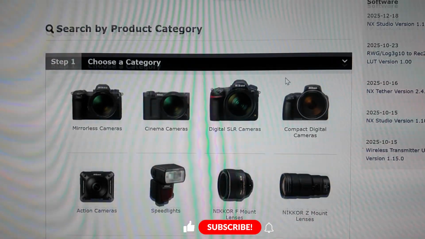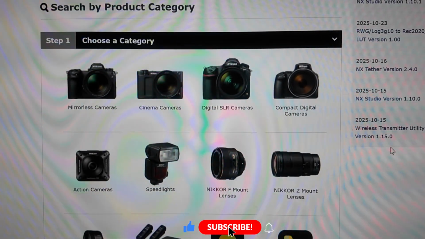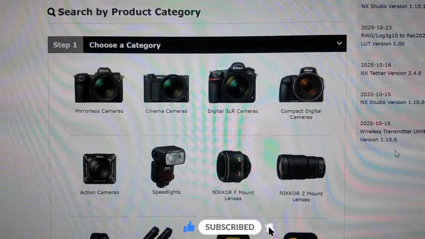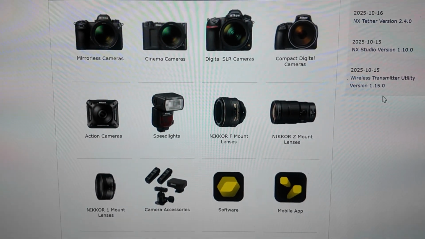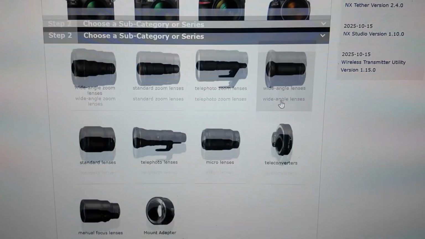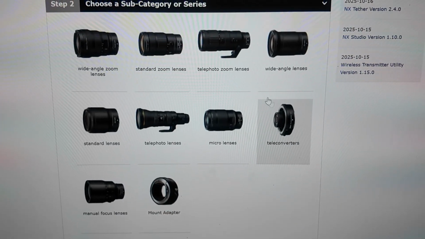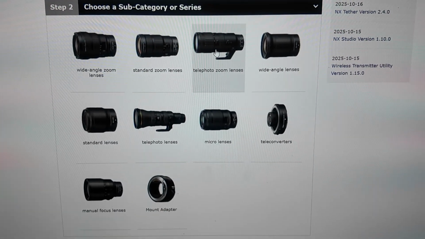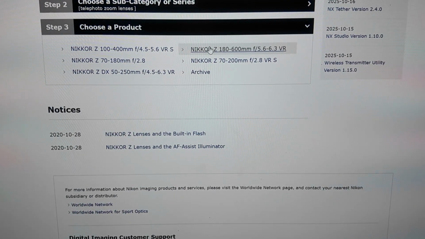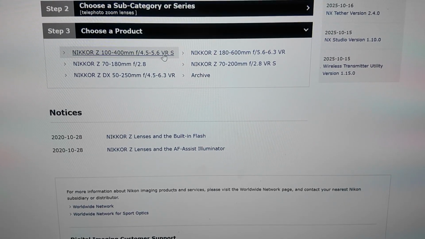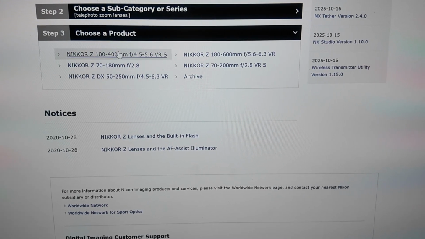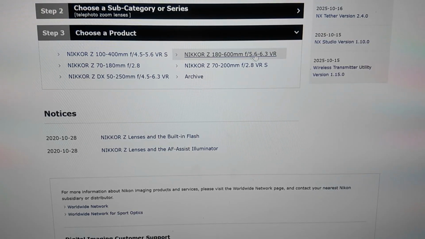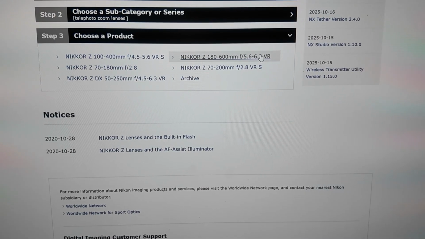So you're going to scroll down, and this is all of their stuff that they have that you can update. So mine is a Nikon Z lens, so we're going to click that. Mine is the telephoto zoom lens, and then you're going to find your camera or your lens that you would like to see if it needs an update. So mine is the Nikon 180 to 600,